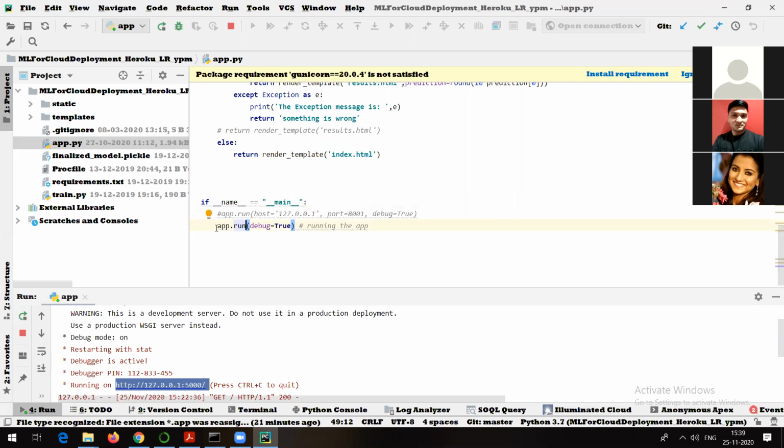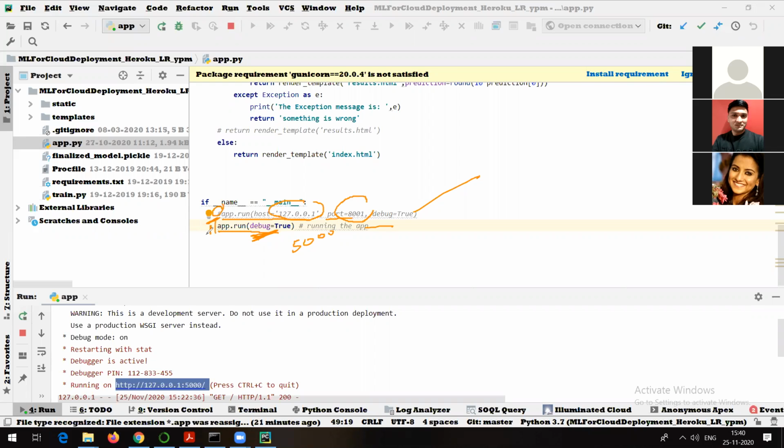And in that, what am I doing? app.run debug equal to true. This is where I can mention the port number and the IP address. If you can see this commented line, this line and that line are the same app.run, here with host equal to and port equal to. If you do not give a host and port, by default the host is 127.0.0.1 and the port is 5000, right? If you uncomment this line, this code I will also send you if you are interested.